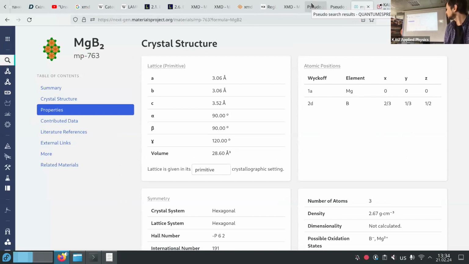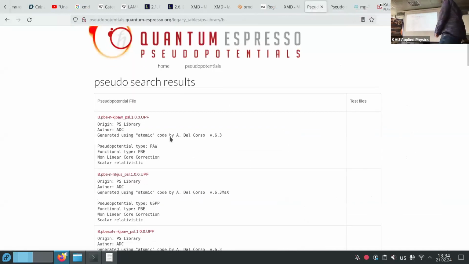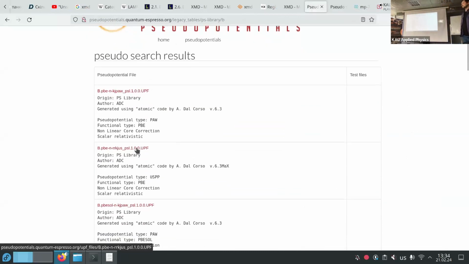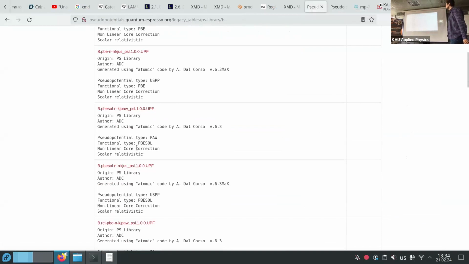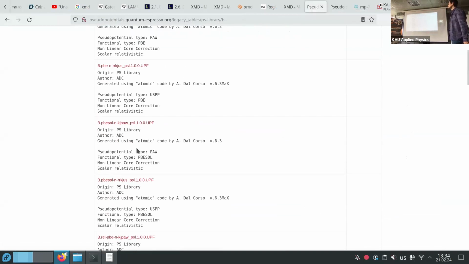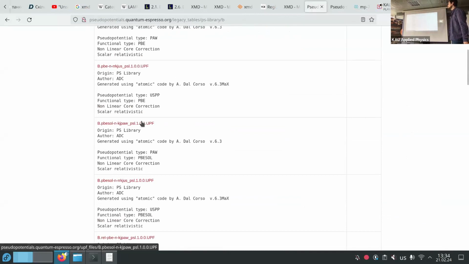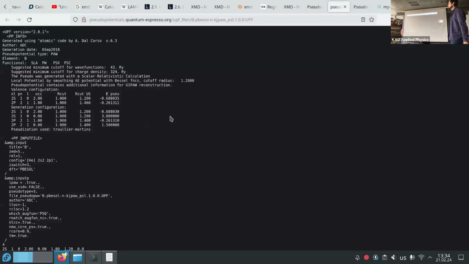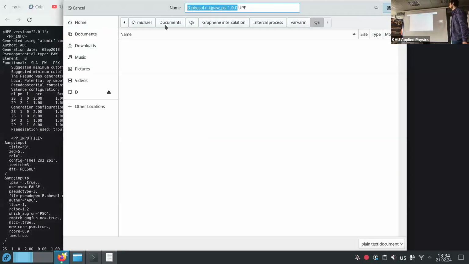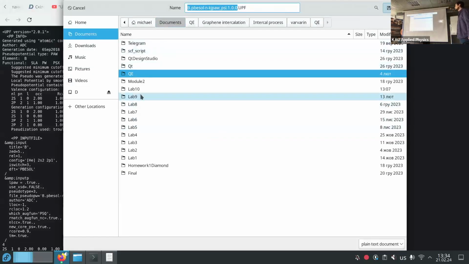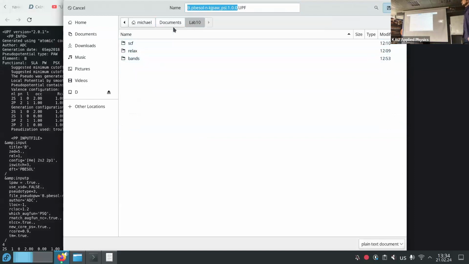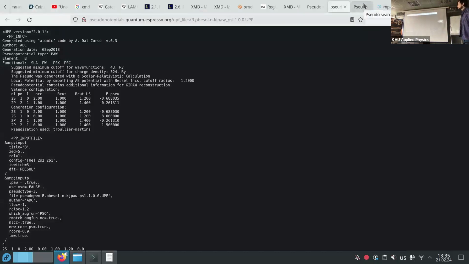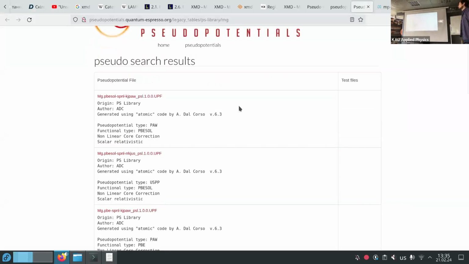Okay, I think we can start from downloading pseudo potentials. Yeah, that's the pseudo potential for B. What should we use? PBEsol? PBEsol, yes. PBEsol is slightly better than PBE because it was made specially for solids, and PBE is rather good for some molecules. The difference should not be too high. The people who created PBEsol say that this pseudo potential is more stable, so you will have a lower number of errors by using it.